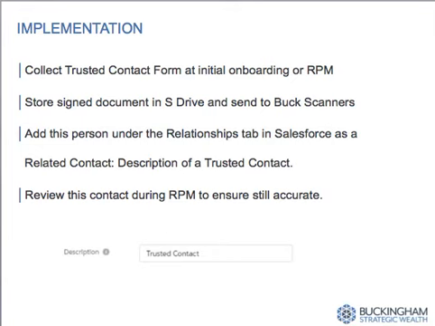It's also recommended to review this person during a regular progress meeting. We may have signed a form, say 5 or 10 years ago, from a client, and their needs may have changed. They might not now have the same relationship that they had with that trusted contact at the time of signing. So it's always a good practice to bring this form up and talk about this early and often, because what we want to avoid is a situation where elder abuse or signs of diminished capacity start coming up and we essentially don't have any options because we don't have this form signed.